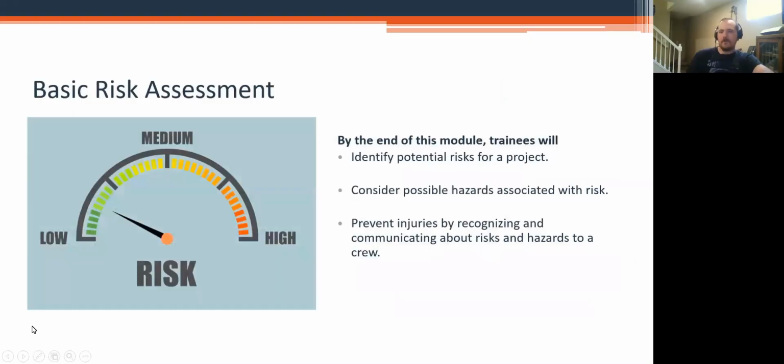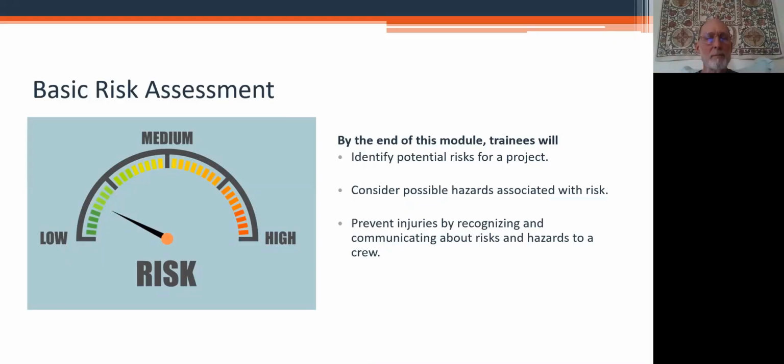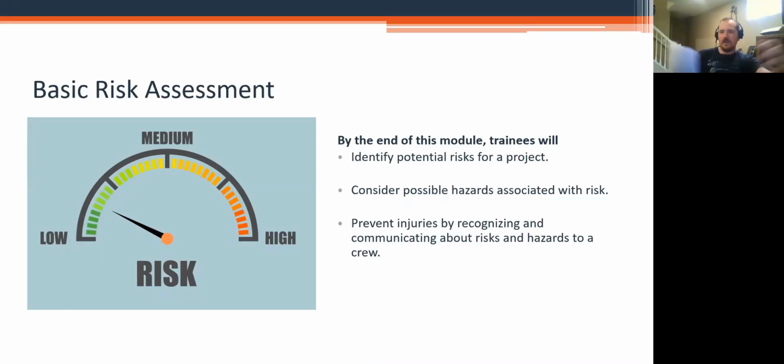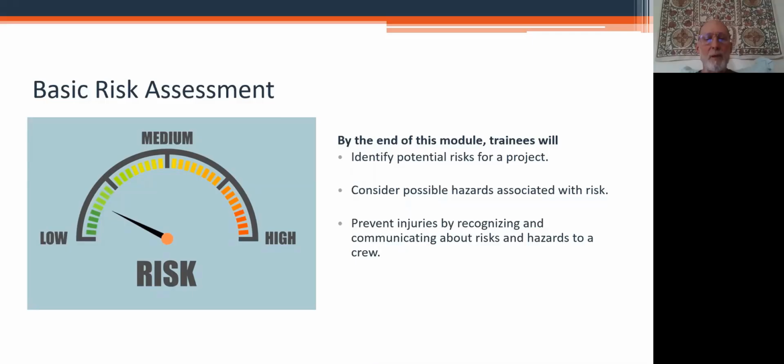All right. So it's a little out of order with the trainee guide, but in terms of the recommended agenda for the instructor, the next segment is basic risk assessment. And I think it's important to do it this way because if you go over the umbrella concepts of risk assessment, that really sets up everything else in terms of safety and the tool talk and the safety talk that you'll come to later.